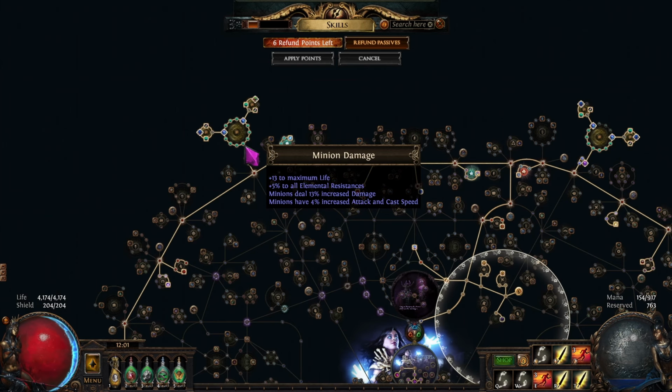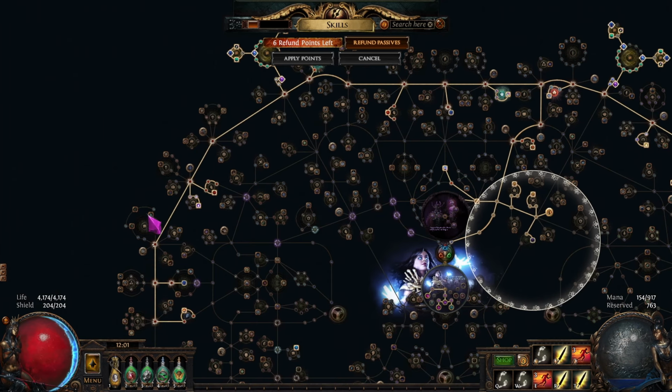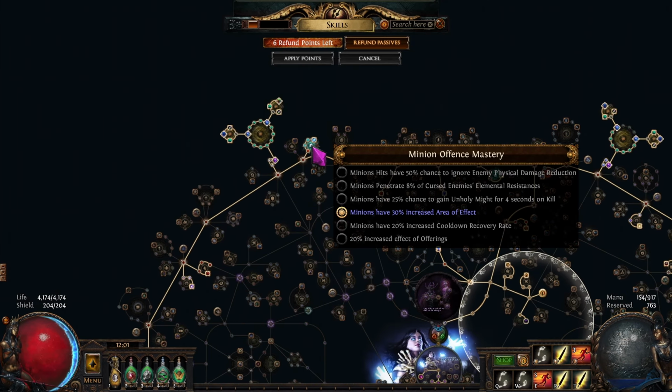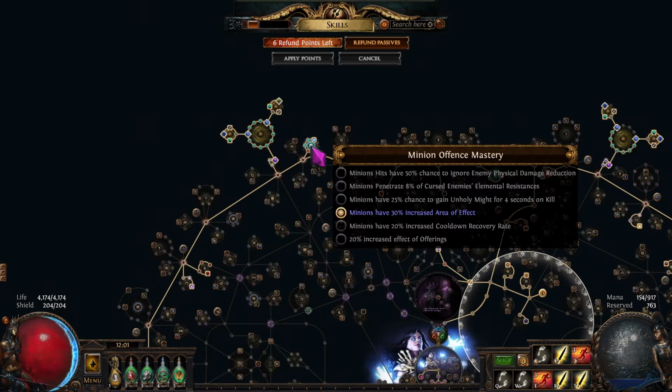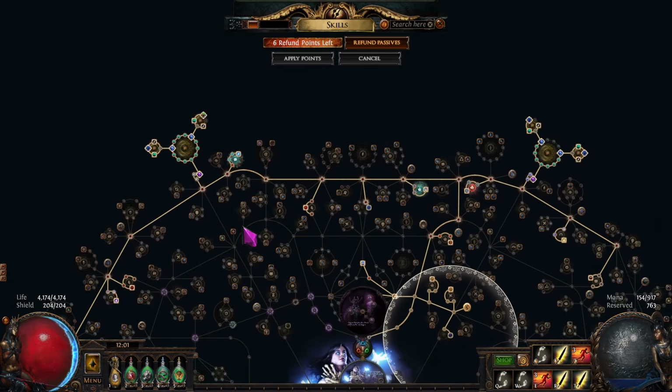It's insane because it's like 10 points of 5. So yeah, 50 elemental res, so 150 res, and then all that damage and life and attack speed. So just like before, I take out all the minion nodes of the masteries, because you can only choose one if you have one offense mastery, so AoE or cooldown recovery rate. I chose the AoE,